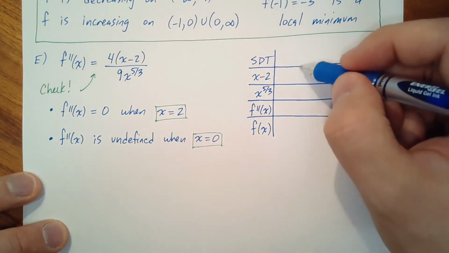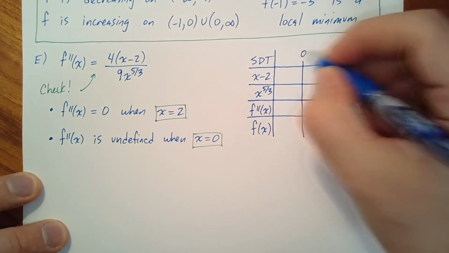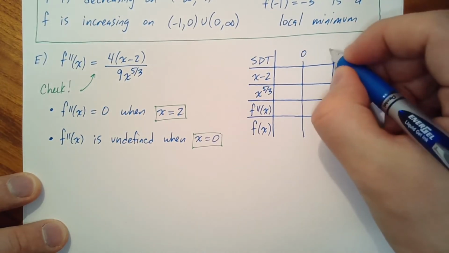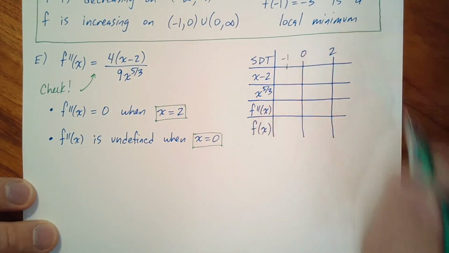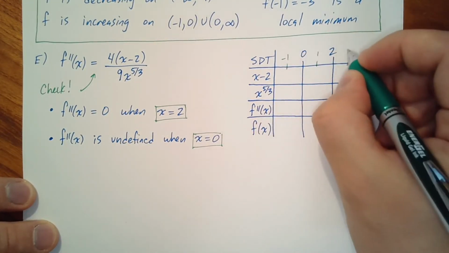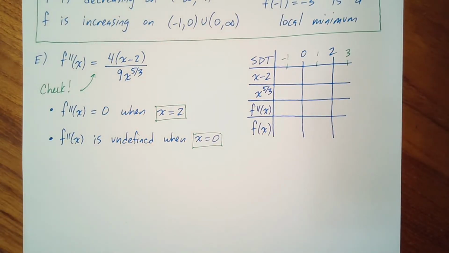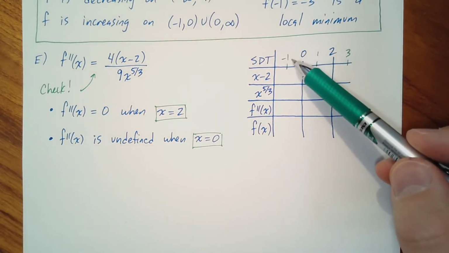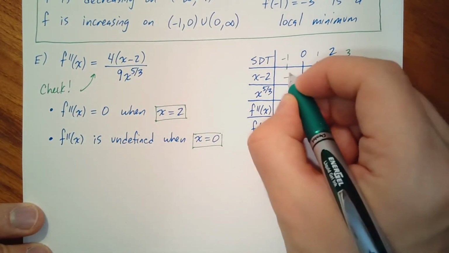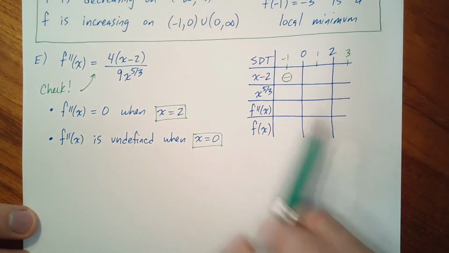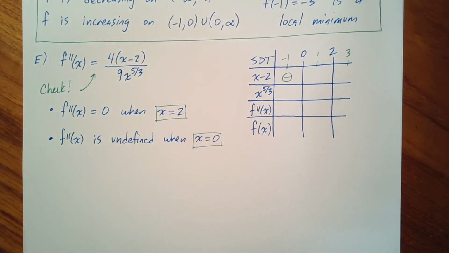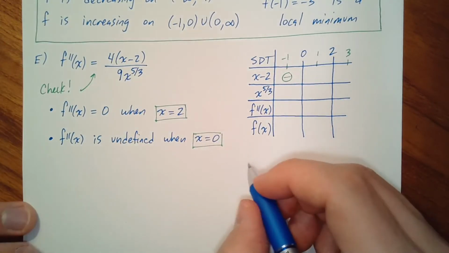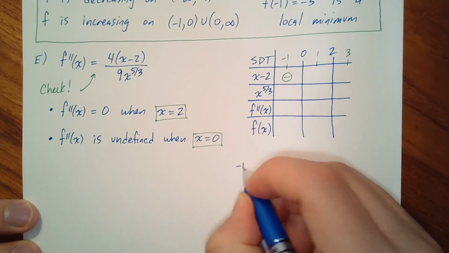Okay, then we'll have 2 slices, one for each of our important values that we just found, so 0 and 2. And then we're ready to fill in this table. So pick some sample values. How about -1, +1, and 3? So if we plug -1 in for x minus 2, we're going to get a negative value. If you plug -1 into x to the 5/3, well, that's worth checking carefully. What do you get if you go -1